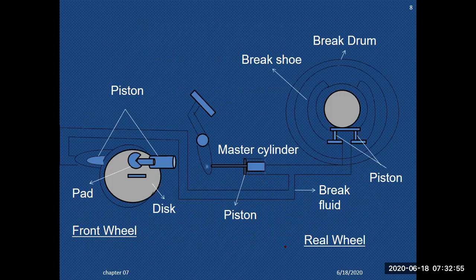So here it is. If you look at this, this is the brake shoe, this is the piston, this is the brake drum, and this is the brake shoe, and here is the place where the effect of the pressure will come with the help of the master cylinder. This is the place where a driver applies a force on the brake pedal. This force is transmitted with the help of the liquid to the master cylinder, and from the master cylinder